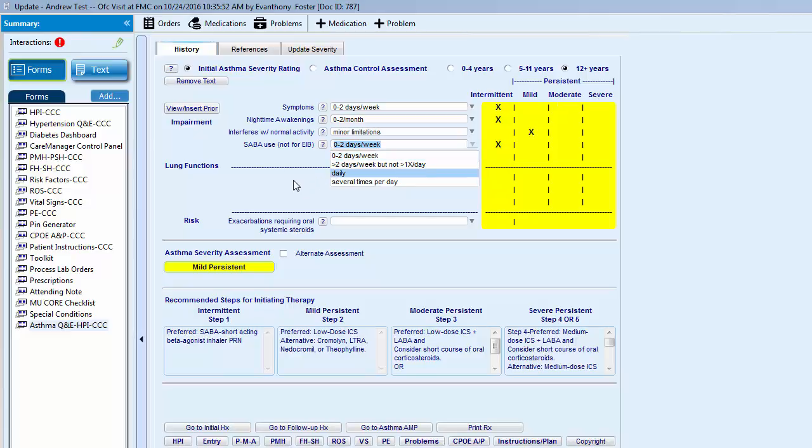Let's do an example. For example, say a patient has symptoms greater than 2 times a week, but not daily. This moves the patient into mild persistent asthma. Nighttime awakenings, 0 to 2 a month. Interferences with normal activity,